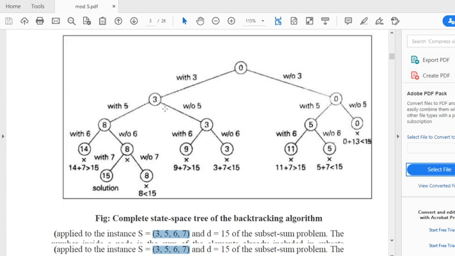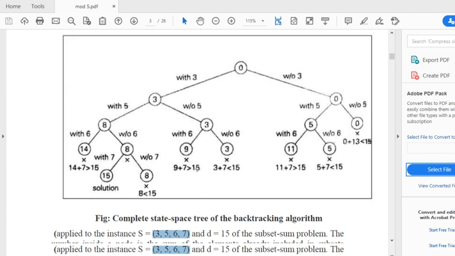Next, coming to without 5. Without 5, the sum will be the same as the previous node, so 3. Now if you include 6, 3 plus 6 is 9. Now if you include 7, the sum 9 plus 7 will be greater than 15.